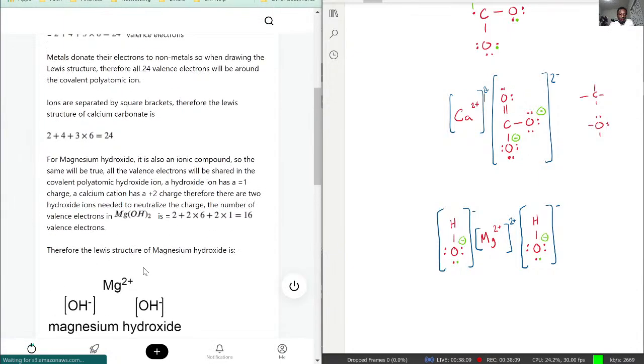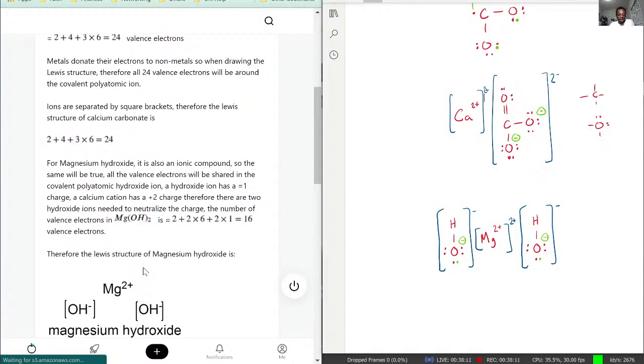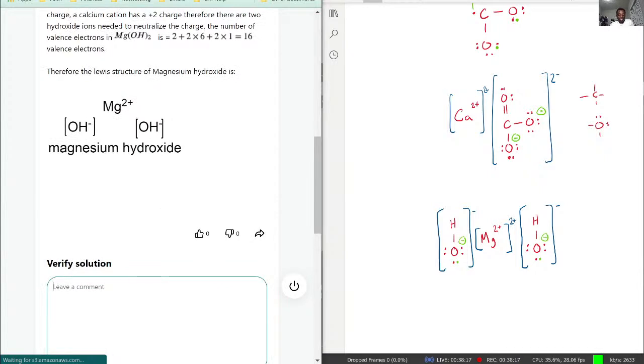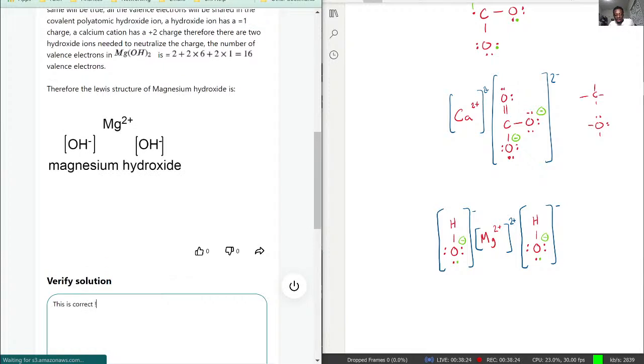And they are missing the CaCO3. I think they were supposed to be right here, but they may have put something else. But I would say that this is correct. They do have the concept down in this case,